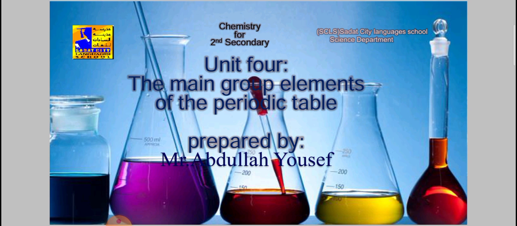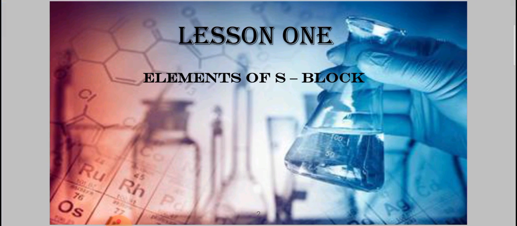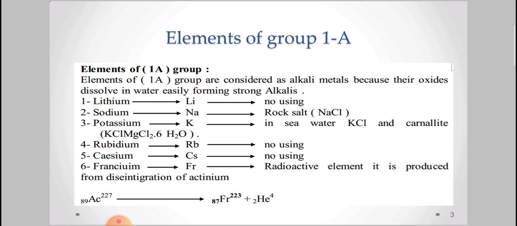It's time for Unit 4, the main group elements of the periodic table, Lesson 1, elements of the s-block. Elements of group 1A are considered alkali metals because their oxides dissolve in water easily, forming strong alkalis. Lithium, sodium found in rock salt NaCl, potassium in seawater as KCl, potassium chloride, and carnallite, and